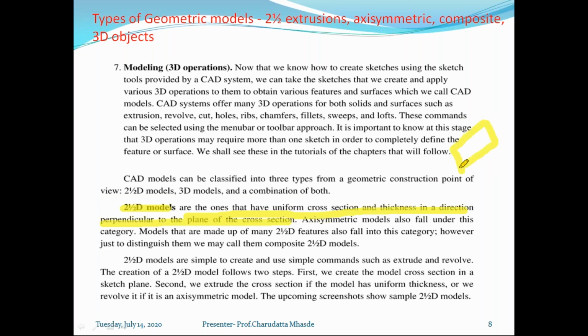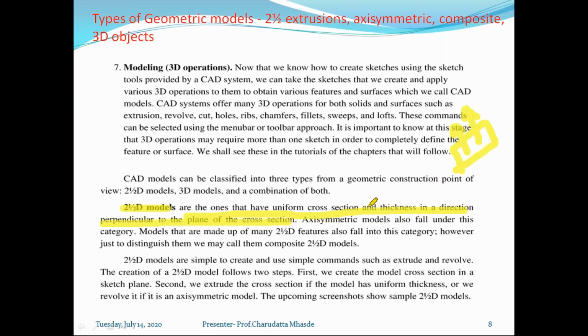Suppose this is the top plane of any feature, and we add material in a horizontal or vertical fashion across the sketch. Then this model is called a 2.5 dimensional model, where they have uniform cross section and thickness in the direction perpendicular to the plane of the cross section.